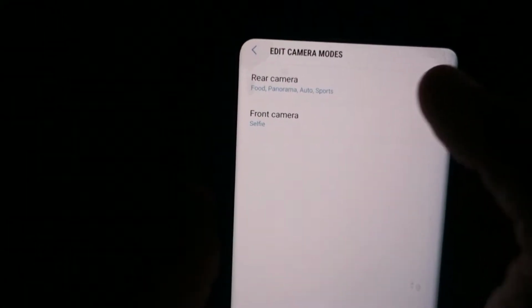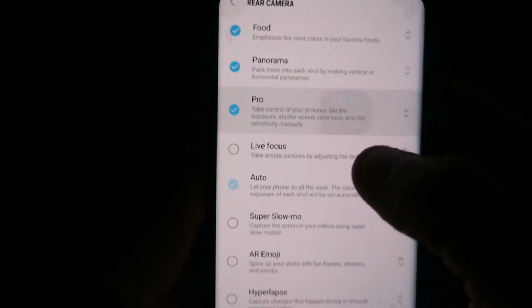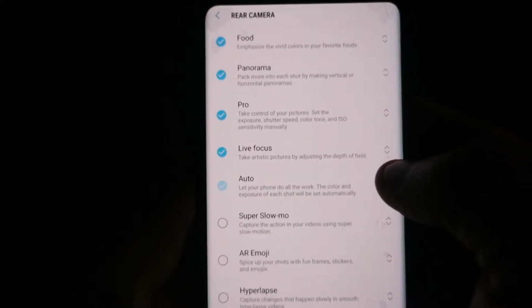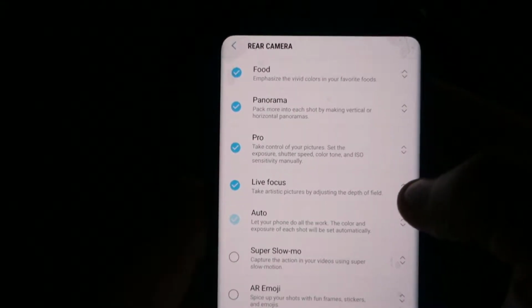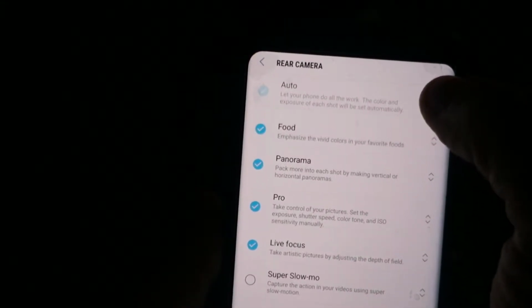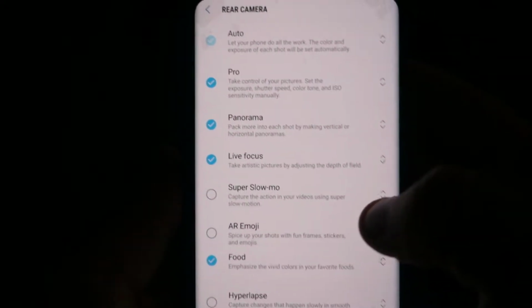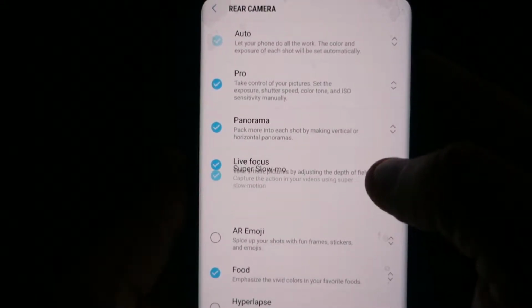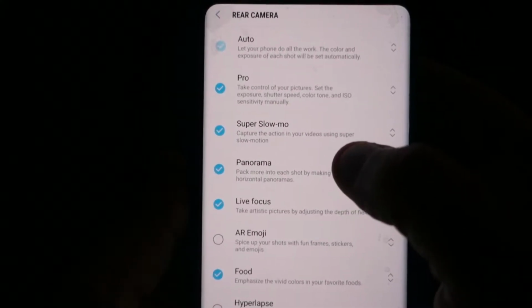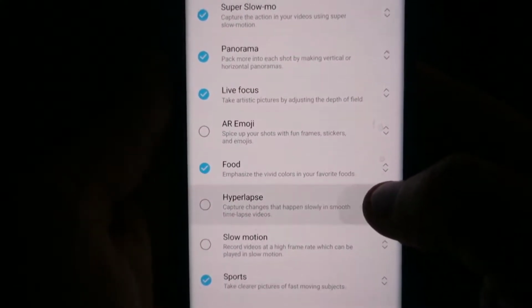And you go to the rear camera first, and you see how some of them are unchecked. Check them all if you want. I mean, it doesn't matter. And you could just organize them if you want, like the auto up there, the pro mode up there on the bottom. You could organize the order you want the modes to be in the camera app, and just highlight all of them